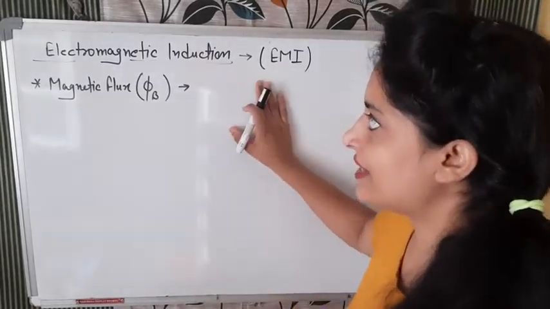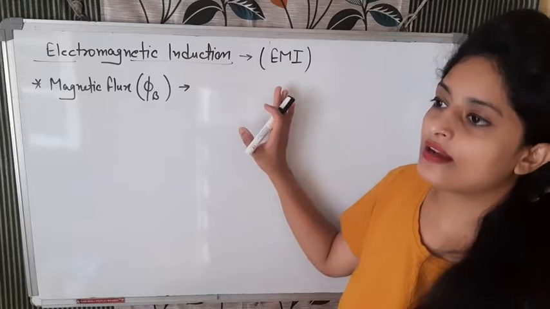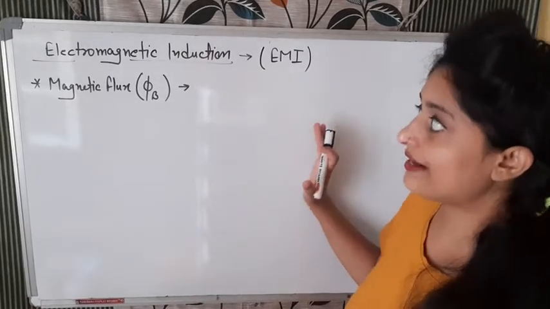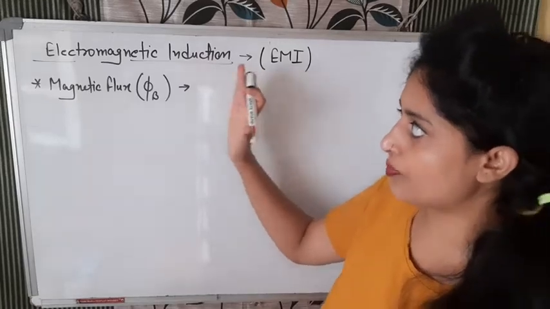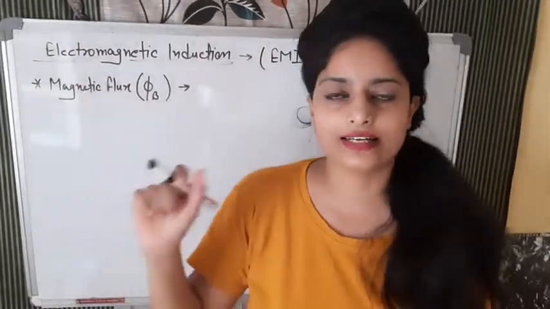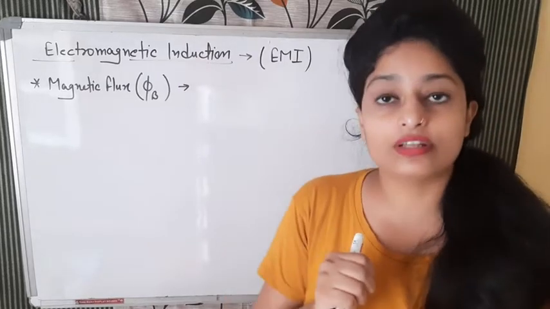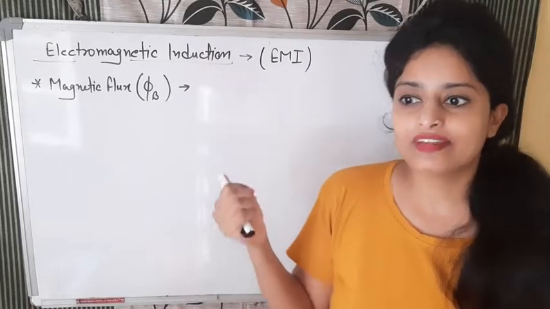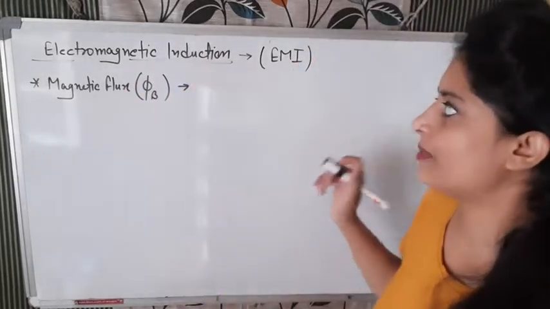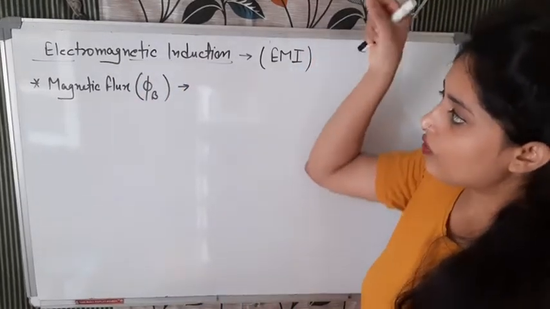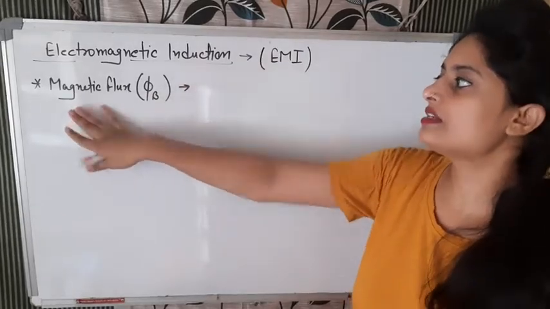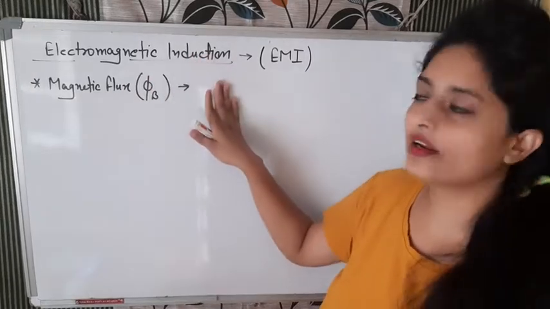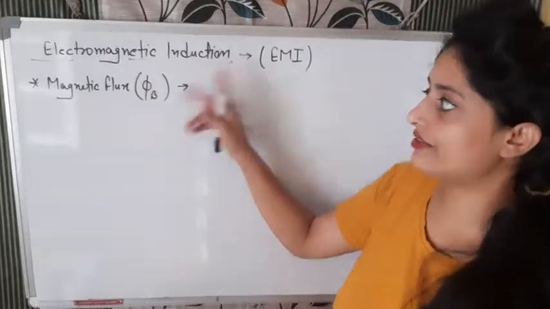About this topic, Faraday gives very important role here. His experiment gives us very good result that how magnetic field is also helping to induce electric current. So today we will study about the Faraday's laws of electromagnetic induction. Before that, we need to study what is electromagnetic induction and what is magnetic flux. This term is very important. If you will understand this thing, automatically you will understand how it is related with this.